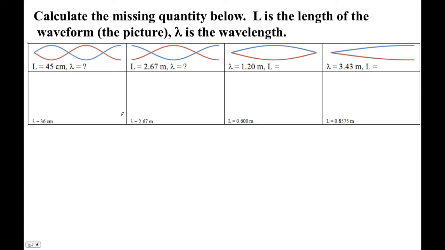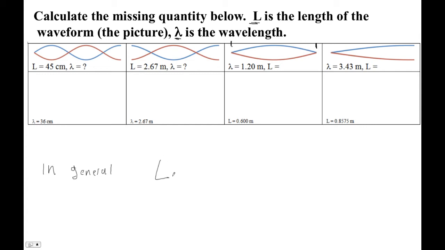All right, so let's look at these picture problems here, right? In these, if I ask you for what L is in this case, I'm just asking for this dimension right here. If I say what is lambda, then we want to know what a whole wave is, right? And then the general way to do these is you just set up a number sentence here, right? In general,